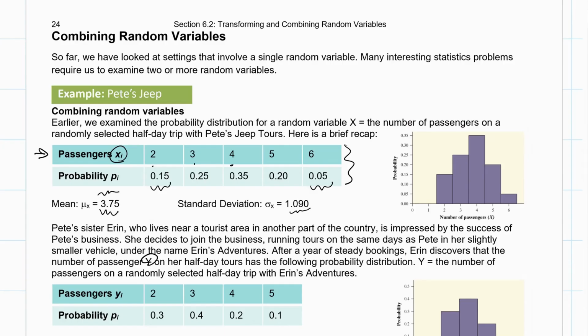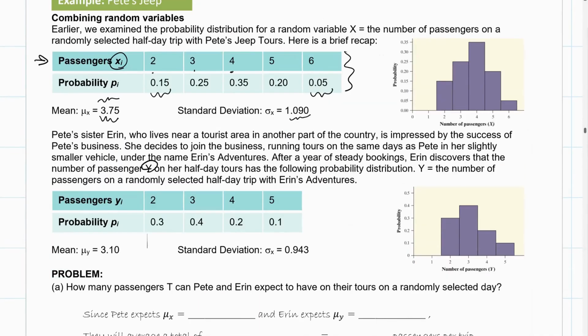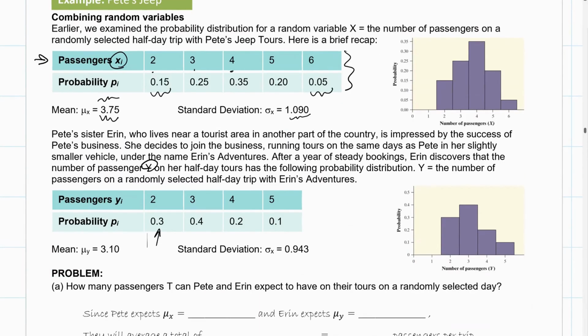Y, the number of passengers randomly selected for a half-day trip with Erin's Adventures, ranges from 2 to 5, 2 happening 30% of the time, 5 happening 10% of the time, and we could calculate her average number of passengers and her standard deviation. Now the question comes up,